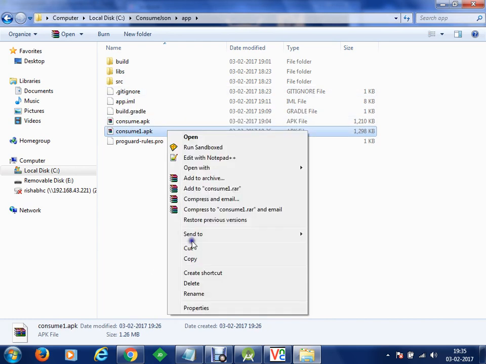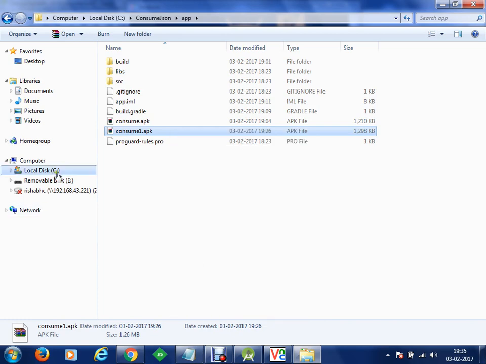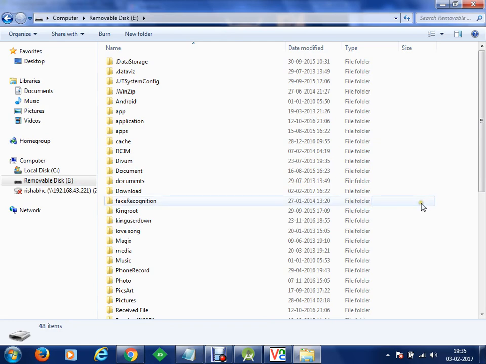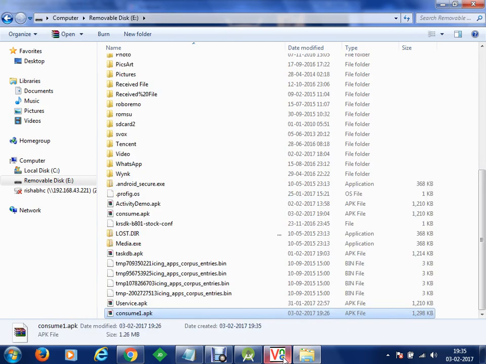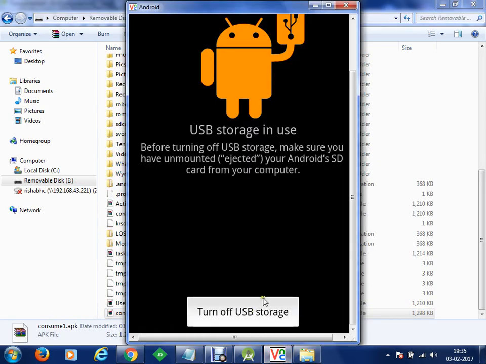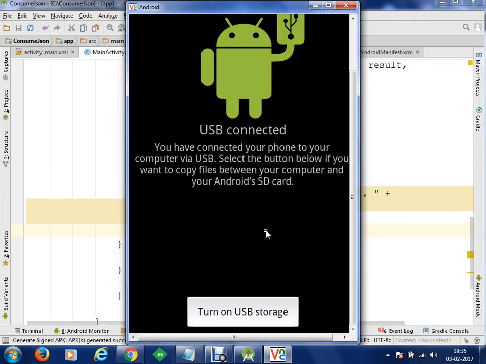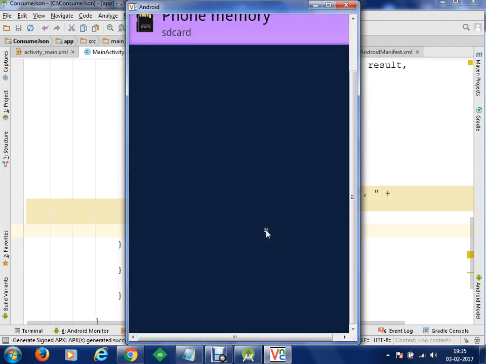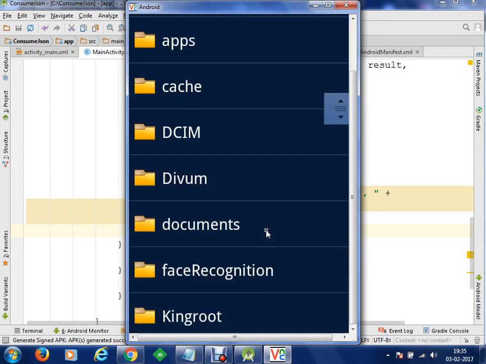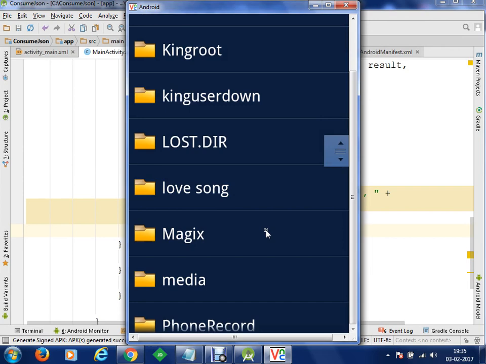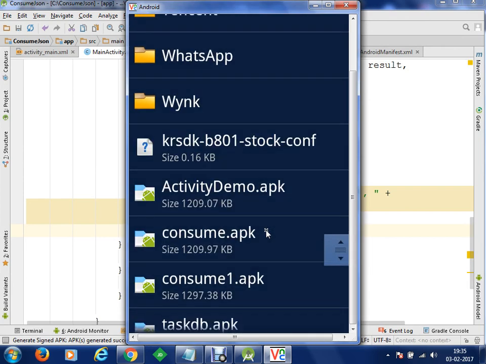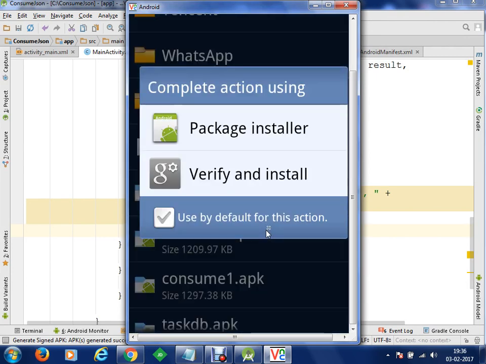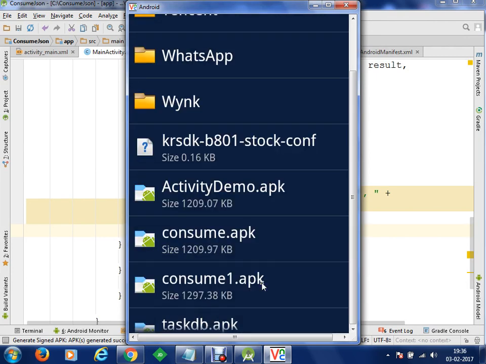Let's copy that consume1. We're going to paste that in our device. Now we'll go here, turn off the USB storage, go to file manager, open phone memory, go to application consume1.